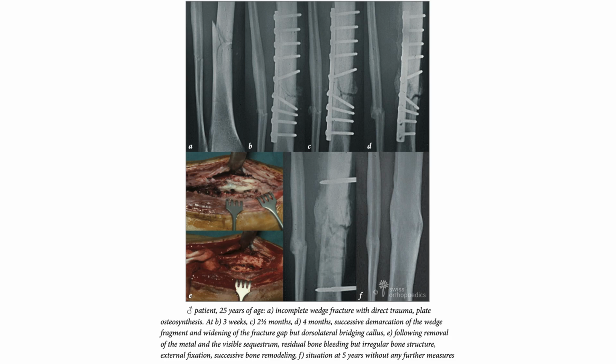That is delayed union. Let me repeat that for you again. The delayed union is defined as the absence of radiographic progression of healing or the instability of the fracture upon clinical examination between 4 and 6 months after the injury. That is delayed union. Non-union is again defined as a fracture that does not unite within 9 to 12 months or the extension of the healing process beyond the expected rate. That is called non-union.